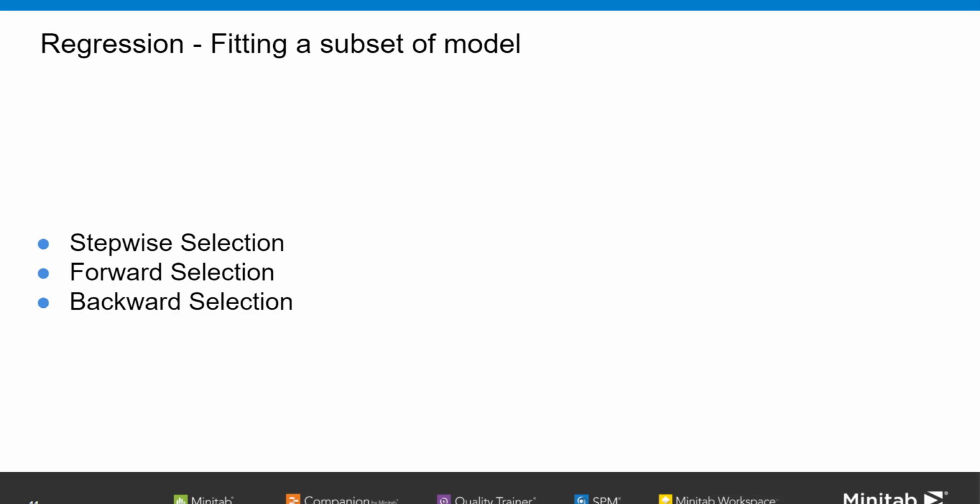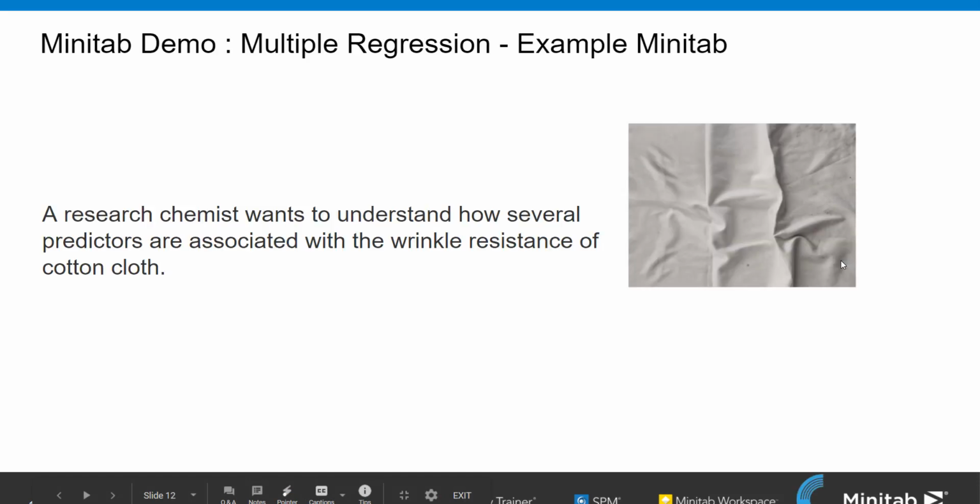And the last one is backward elimination. This method starts with all the potential terms in the model and removes the least significant variables from the model itself. It selects the variables based on p-values that are less than or equal to the specified alpha value and removes the rest. So this is just a quick intro to stepwise regression. It is a little more complex, but looking at the time, we need to go forward and learn how to do a multiple regression in Minitab. So let us move forward.